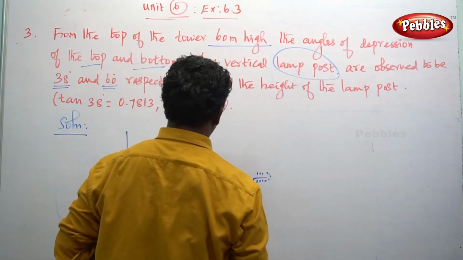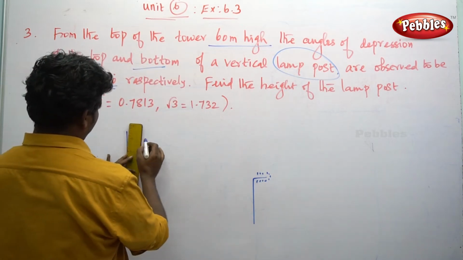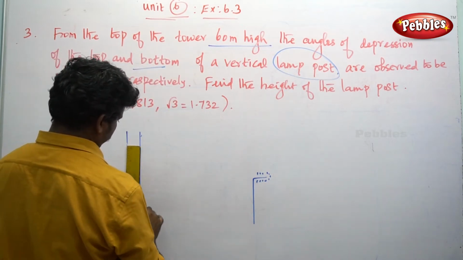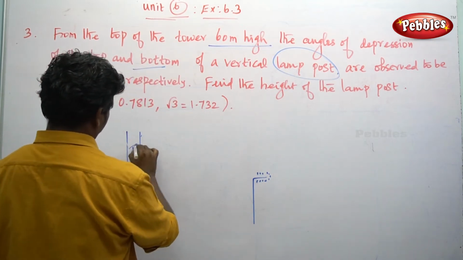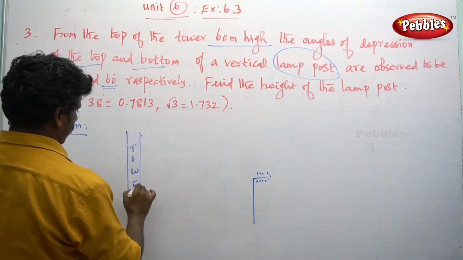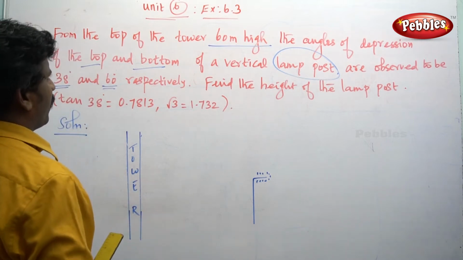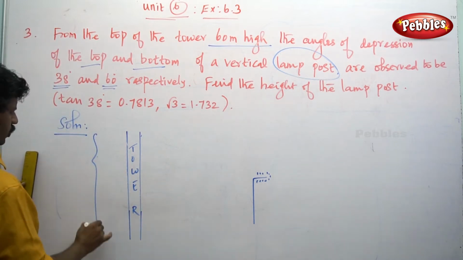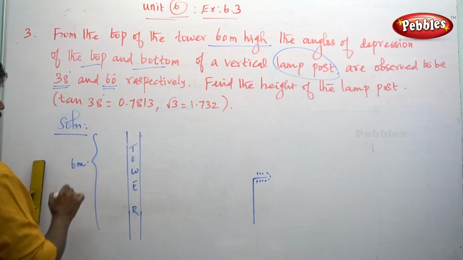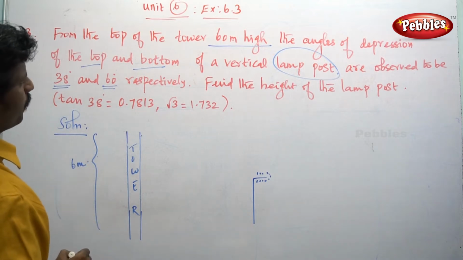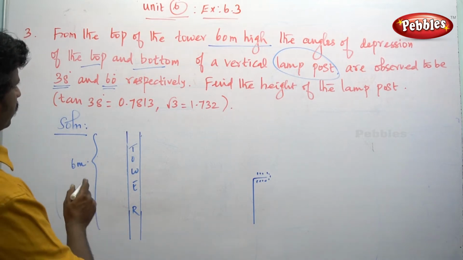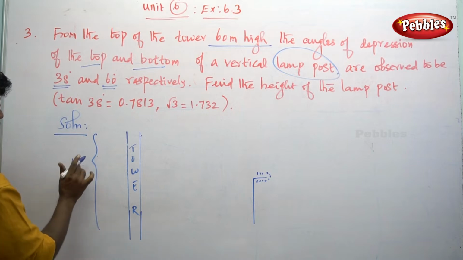This is the lamp post. இது வந்து என்ன சொல்லியிருக்கோம்? Tower. This is the tower, right? இப்போ பாருங்க, இப்போ என்ன கொடுத்துருக்கு? டவரோட ஹைட், the overall height எவ்வளோ கொடுத்துருக்கு? The 60 meter, right? From the top of the tower 60 meter, I mean 60 meter, not a 6, the